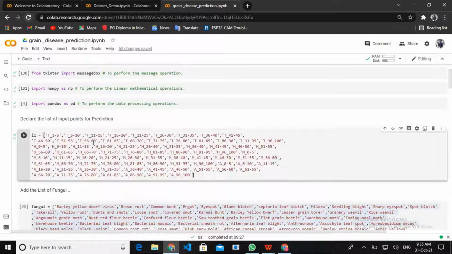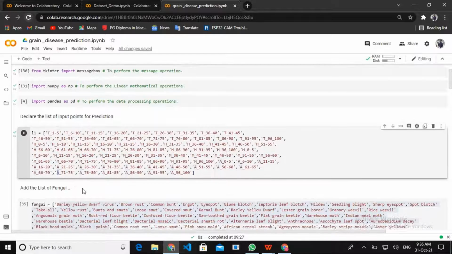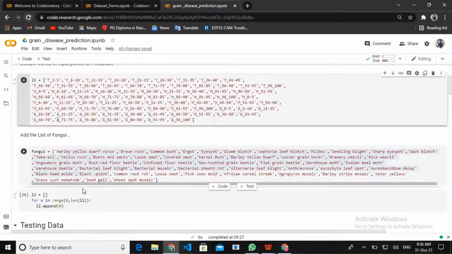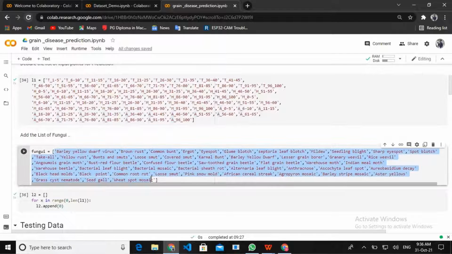These points are distributed over the range of 5. Here, T will represent the temperature, H will represent the humidity, M will represent the moisture, and A will represent the gas. Next, we have added one more list which contains our fungus names. As you can see, these are the fungi we are taking for the prediction purpose.